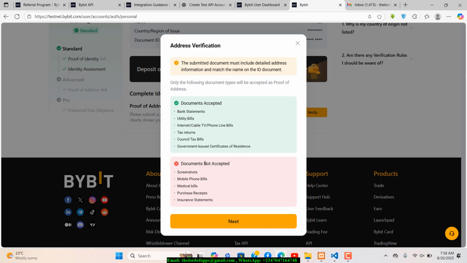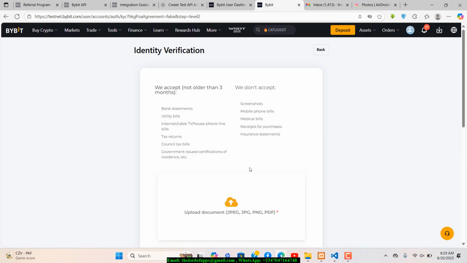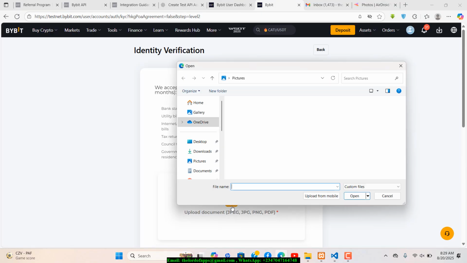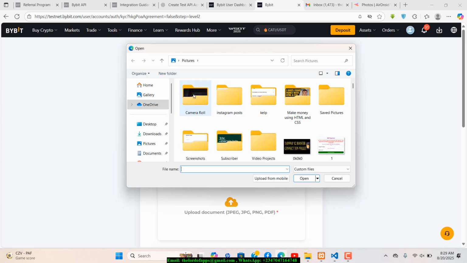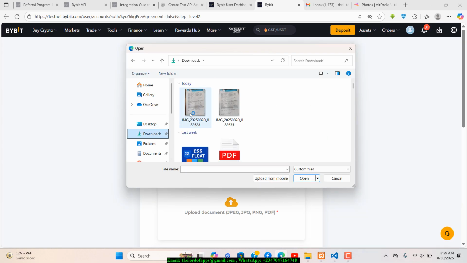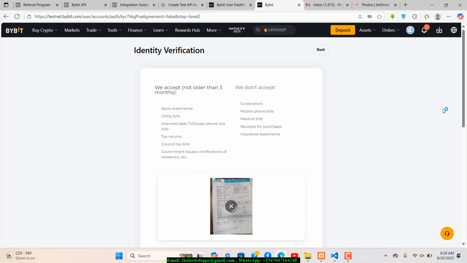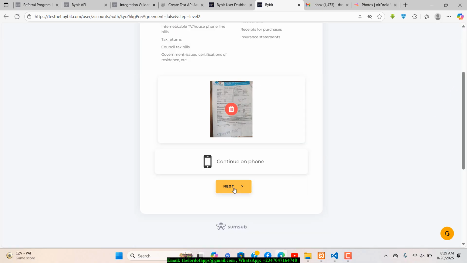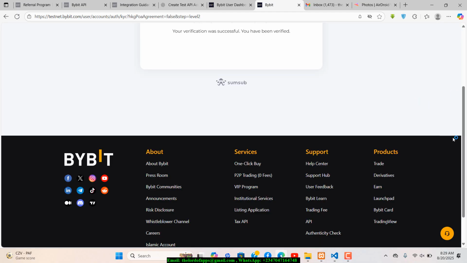For now, I do not actually have, let me take a look at that. Let me just attempt to upload a NEPA bill right here, even though I think it's way older than what they recommend, but I'm just going to upload that. If they approve me, that'll be fine. So I'm going to upload that from here. If I go in here and upload just any one that I have, let's hit next, and it says